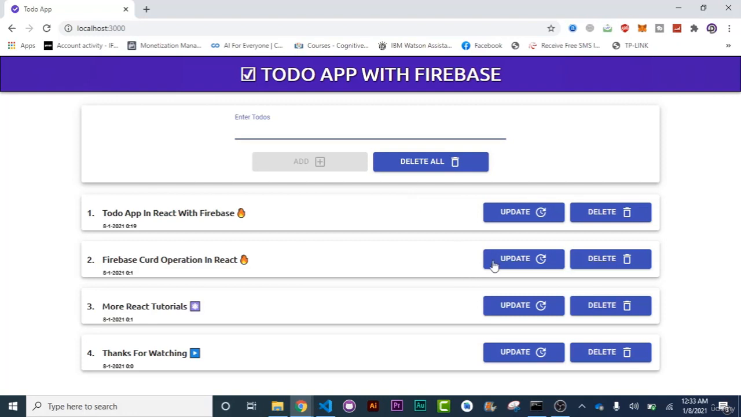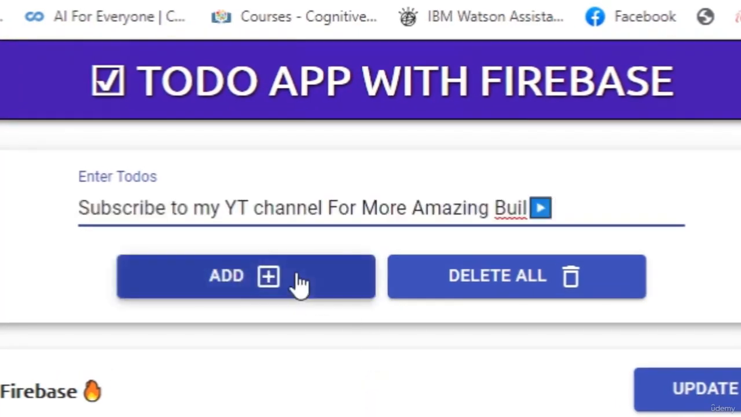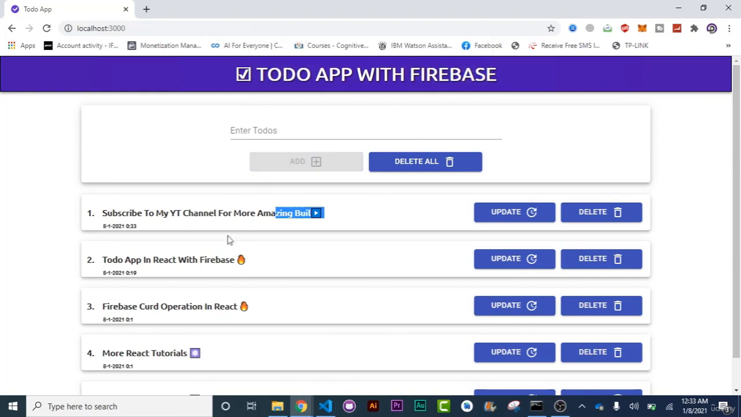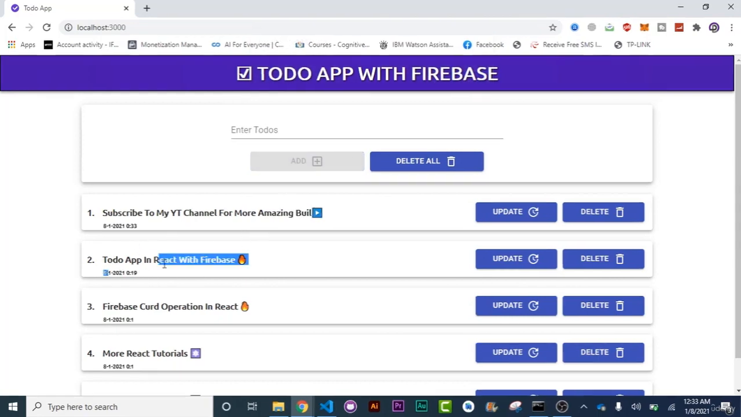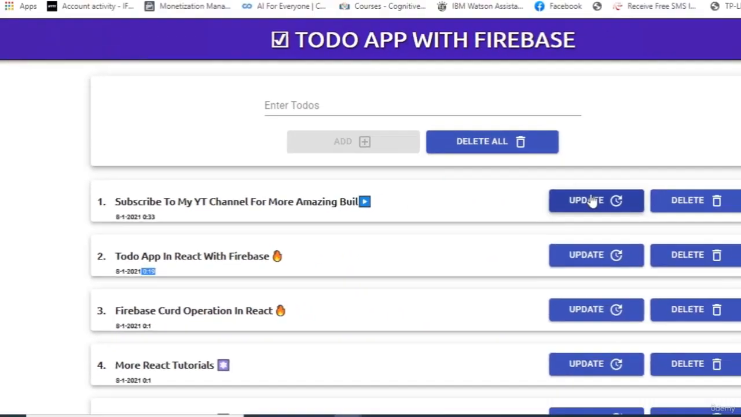Hello guys, today we are going to create a to-do app with Firebase in React. So as you can see, this is the to-do app. It is connected with Firebase, so just insert something and add to-do. Here it will be added. Okay, so it shows us the to-do message, the date, the time, the indexes, and you can also update the